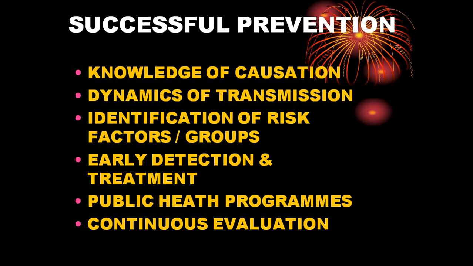Successful prevention, we all know, we have done all this before, I'm just revising. We have to know the causation. There are 6 theories of causation: germ theory, epidemiological triad, the triangle of epidemiology, web of causation, advanced triangle of epidemiology, advanced model. Then we have multifactorial causation. Finally, we describe the natural history of disease. Please remember these things. I repeat them because I feel very sad when you can't write them in the exam. I try and shout, I try and emphasize, I try and repeat for you to know what is important. So for successful prevention, we should have the cause in mind. We should know the risk factors.